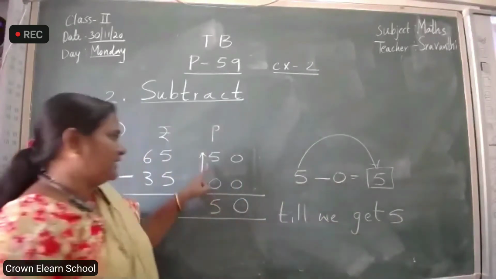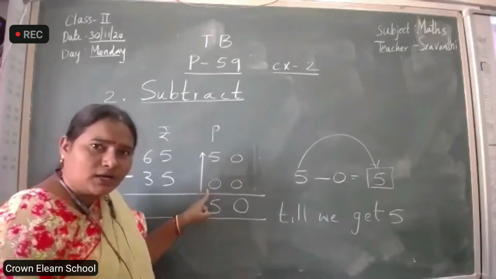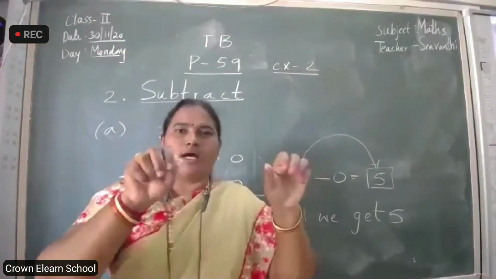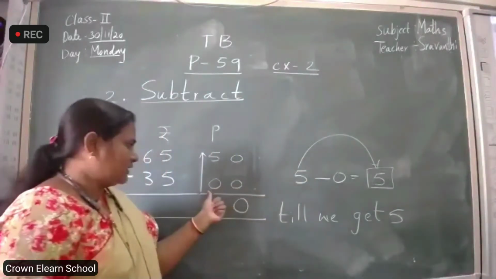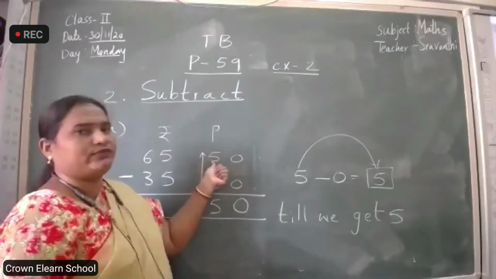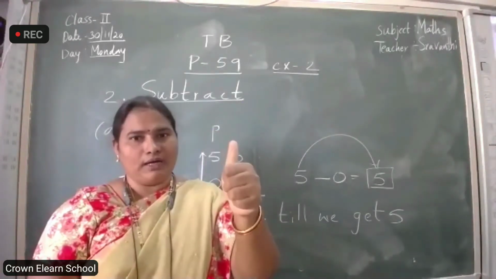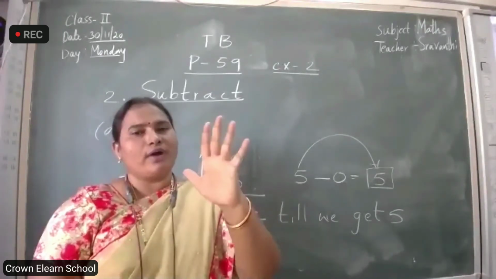The other number is 5, no? So start here at 0 and count forward till we get 5. Okay, let us do it. Close all fingers. All fingers, you also do. 0 after, till we get 5. Let us count. 0 after, what comes? 1, 2, 3, 4, 5.